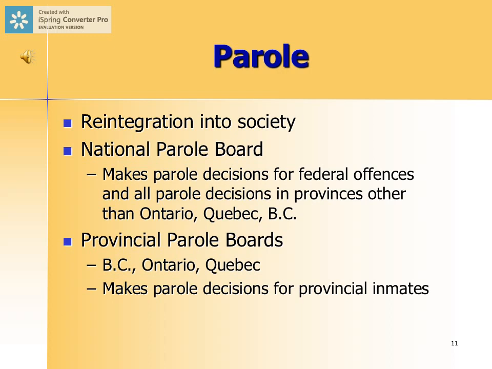One of the most important things to remember about parole is that most offenders that go to jail are eligible for parole after they serve a third of their sentence. So once they've served a third of their sentence, they can apply for parole. They may not get it, but they certainly can apply for it. And after two-thirds of that sentence, that's what's called statutory release. And almost all offenders that are sent to prison are released after two-thirds of their sentence.